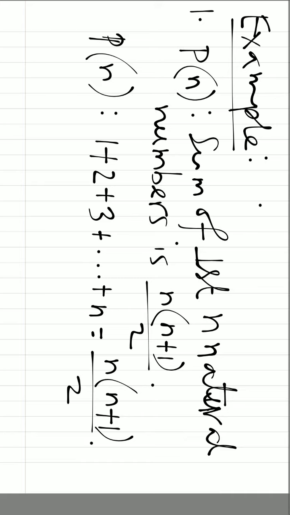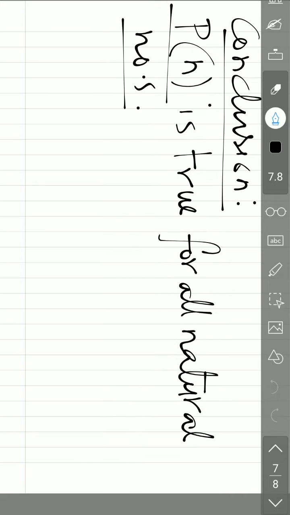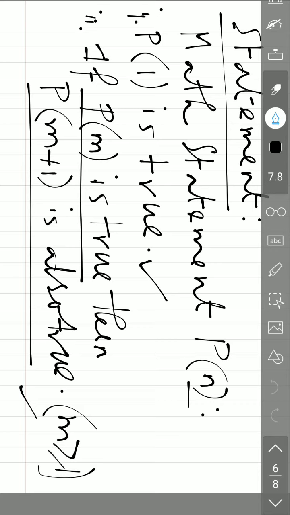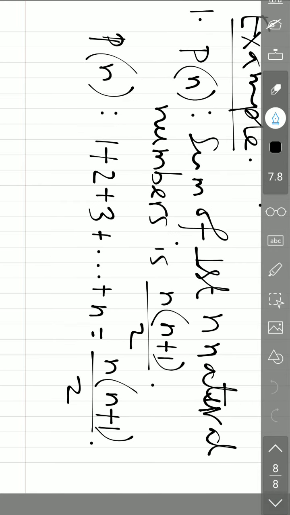So see what we have to do here. First we have to show that P1 is true. Now what is the meaning of P1 here? The statement says it is the sum of first n natural numbers for Pn. So if you put n equals to 1, it will lead to the sum of first one natural number. That means only 1. So we can say that P1 is nothing but,